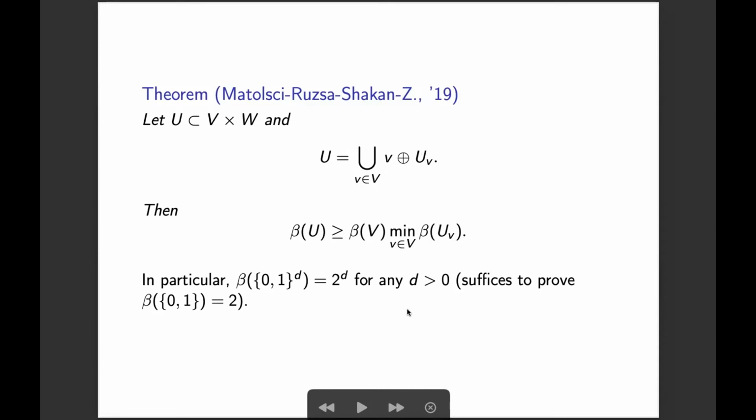And this already gives a non-trivial bound, actually the best possible one can get for the d-dimensional cube, because